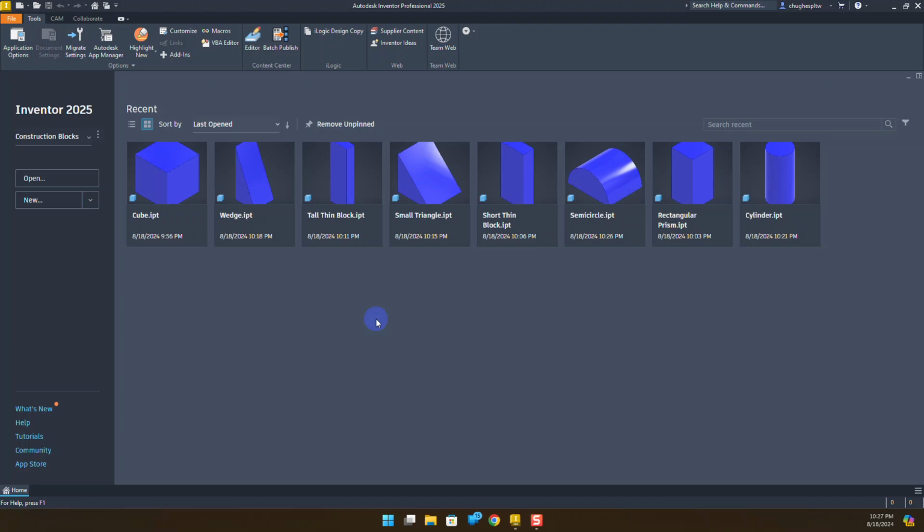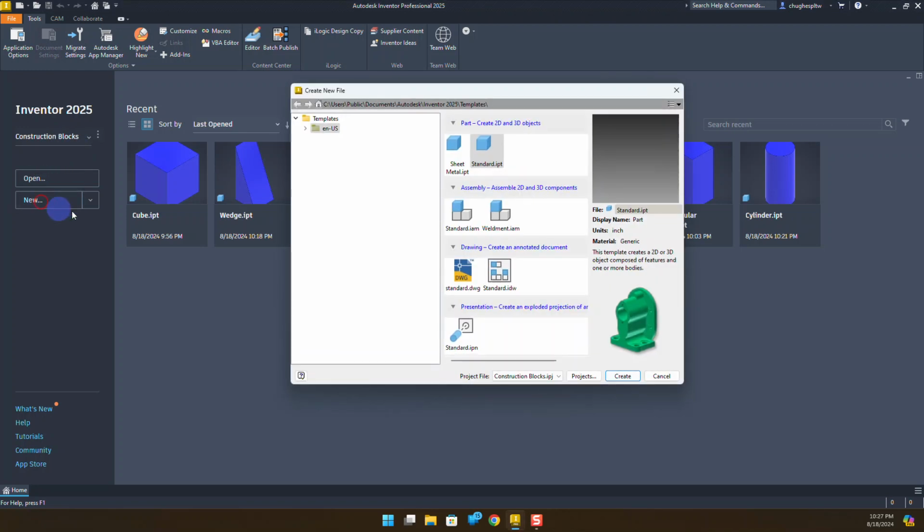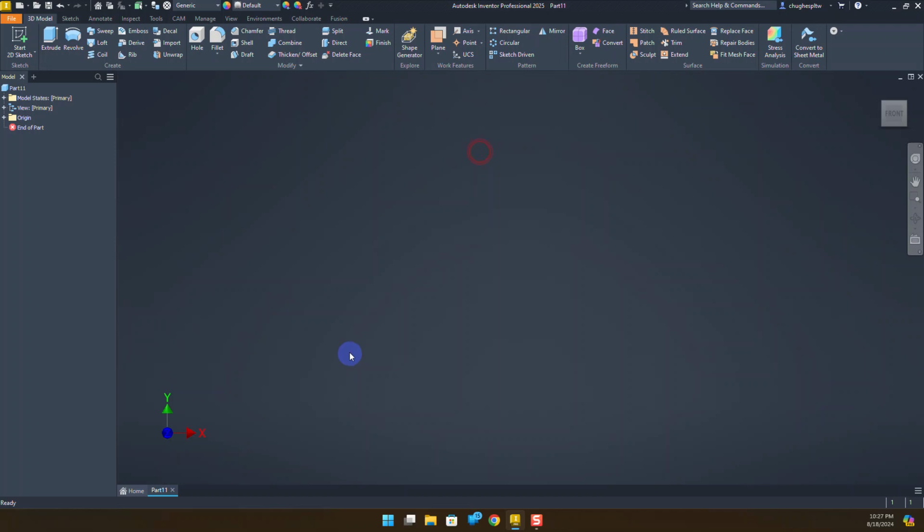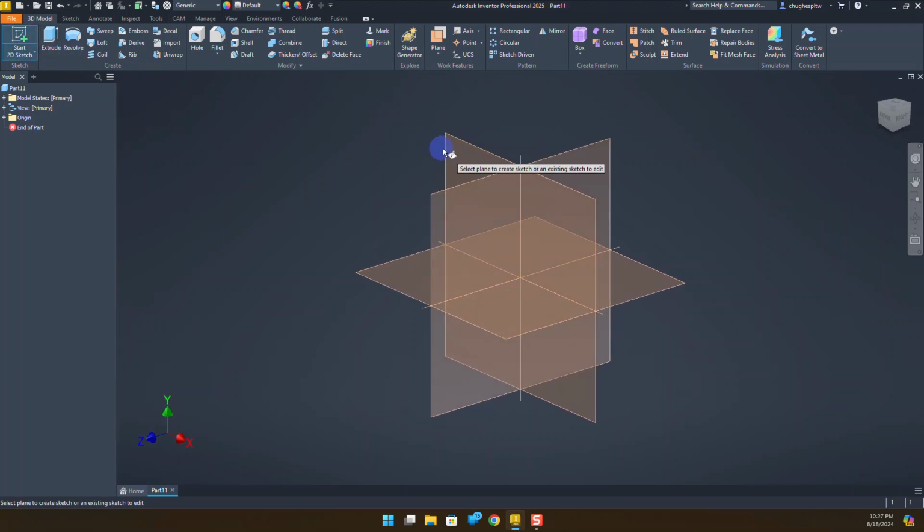In this video, we're going to round out the playlist with the arch construction block, finishing out all 9 of the construction blocks in the set for the activity. Again, verifying we have the active project set to construction blocks. I'll select new, select the standard IPT, and we're going to start off with a 2D sketch on the XY